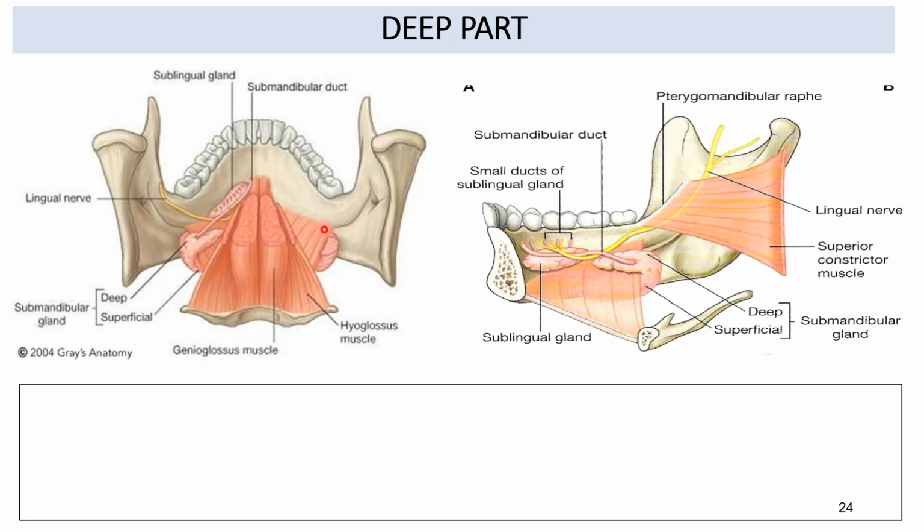Now, once we have finished the superficial part, let's see the deeper part of the submandibular gland. And we know how to locate the deeper part. You have to trace the mylohyoid muscle. This is the posterior border of the mylohyoid muscle. From the posterior border, you can see the superficial part is continuous with the deep part. This deep part of the submandibular gland is between two muscles. It's resting upon the hyoglossus. So between the mylohyoid muscle superficially and the hyoglossus muscle deeper, is the deep part of the submandibular gland.